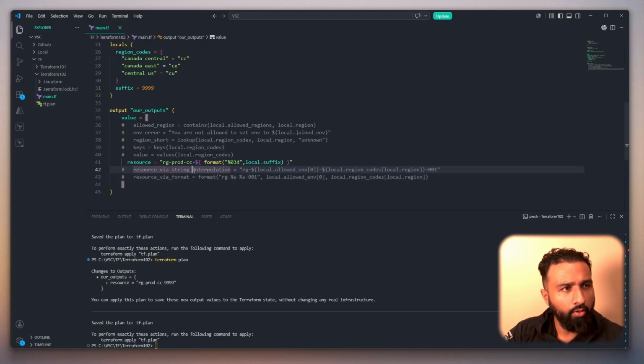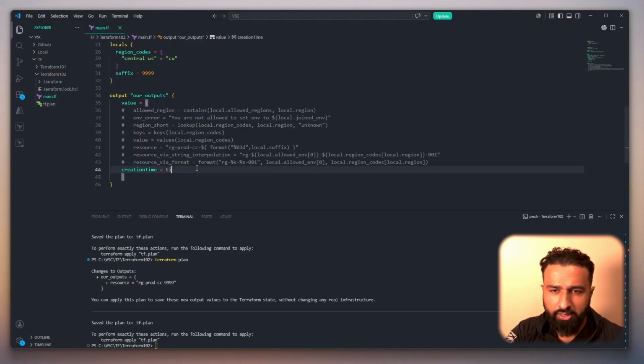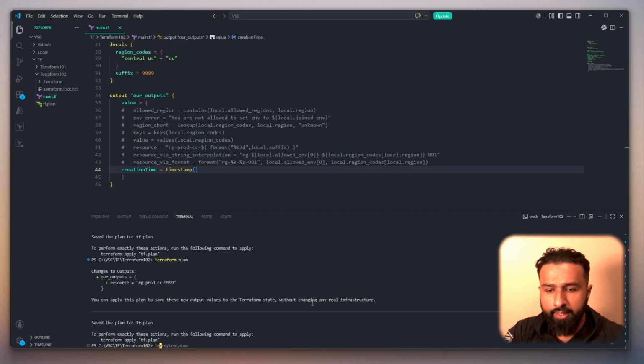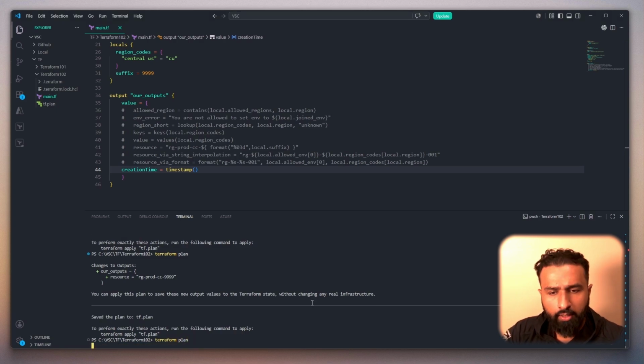Let's look at more specialized functions, starting with datetime. This is something we commonly see with tags. For example, if you want a creation time tag when a resource is created, we can use, I'm just going to skip the locals and just do it in the output, timestamp. This is a timestamp that returns the UTC current time. We run plan again, terraform plan, our output